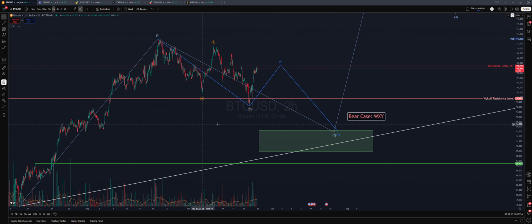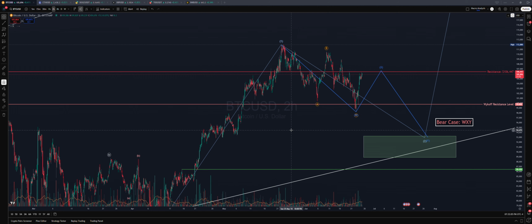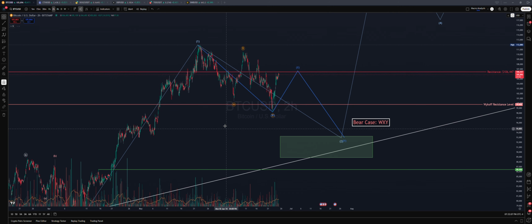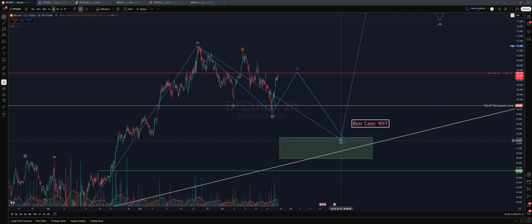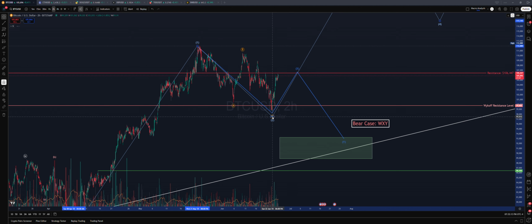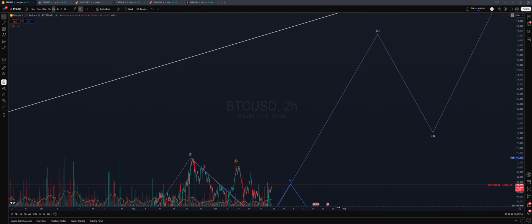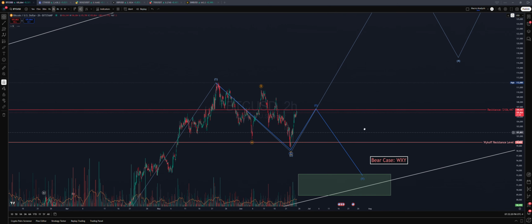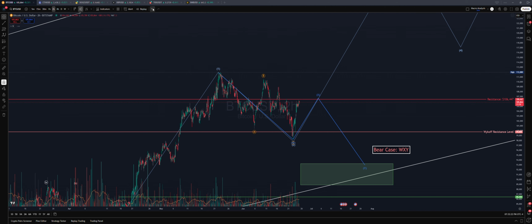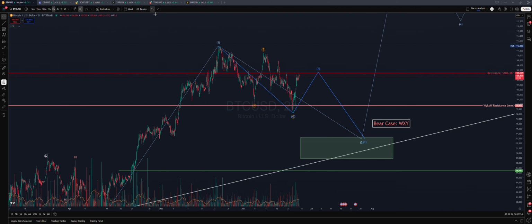Let's look at Bitcoin. Two different scenarios here to play off of Bitcoin. Scenario 1 is the bull case. You had an ABC retracement down and you're moving back up. This would be your wave 2 right over here, a very shallow wave 2 pullback, which is very weird. And you start moving back up towards that 137, 141. Yes, I know it sounds weird, but it could happen. If not, you get rejected above this 106, 108 level.